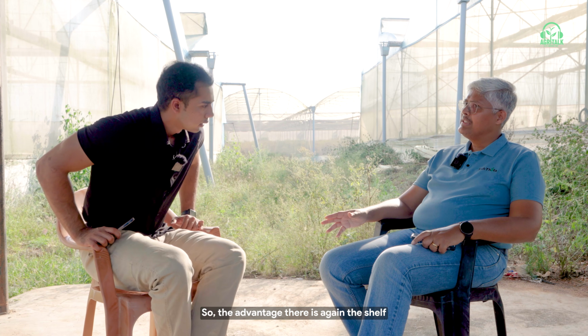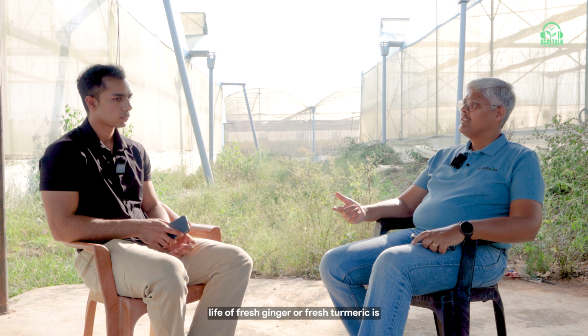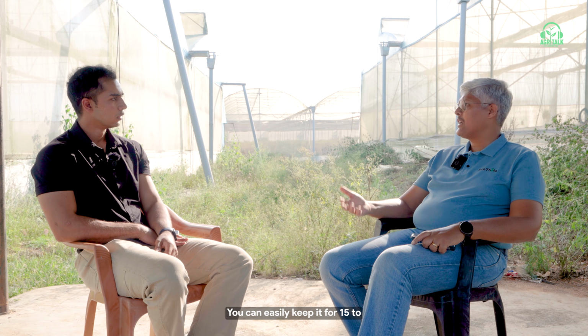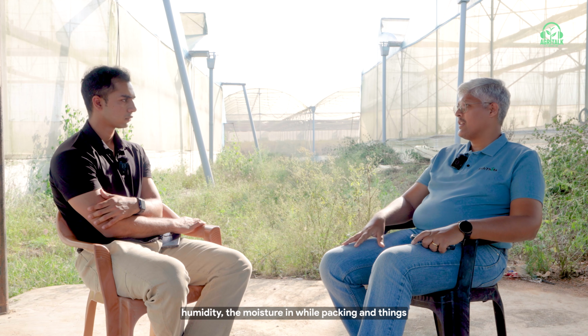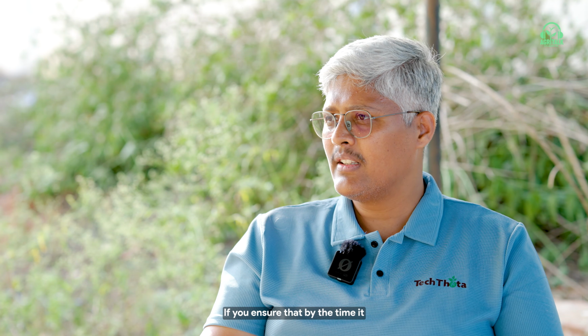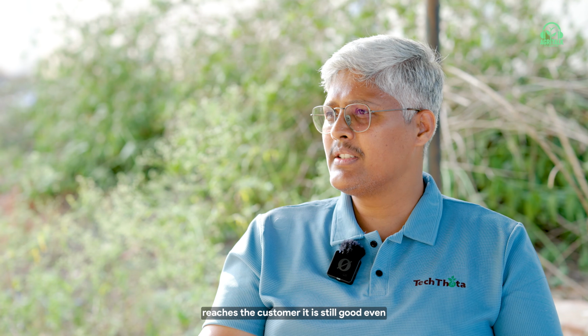Yeah. So the advantage there is, again, the shelf life of fresh ginger or fresh turmeric is not as bad as that of a capsicum or whatever. You can easily keep it for 15 to 20 days in transport before it goes to the end customer. All you will lose is a little bit of moisture. Of course, you need to take some precautions to ensure that there is no humidity or moisture while packing and things like that. If you ensure that, by the time it reaches the customer, it is still good, even after 15 to 20 days. Understood. So it's not a very...